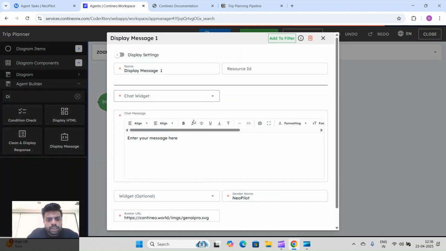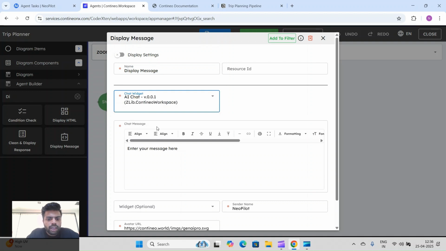Also, one important part is we have a dedicated section for each component in our documentation, where we have explained what the inputs or outputs of a specific component are, what that component does, or many sample uses. So it will help you a lot. We will keep this name display message, or we can call it welcome message, whatever you want. This message will be displayed on our AI chat widget. Here we also have a rich text editor, which means you can do any styling to your message.